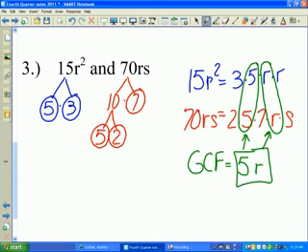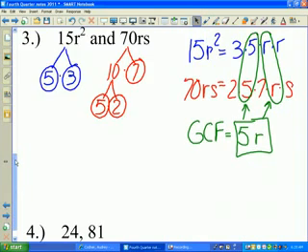So now my GCF is 5R. So I'm not multiplying the 5's within the set. I'm just going to multiply set times a set. And lastly,